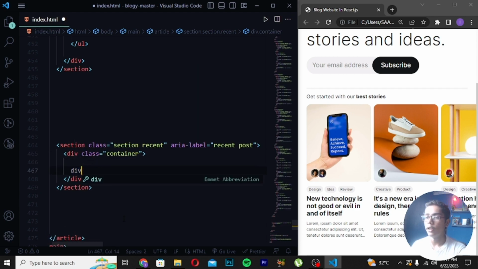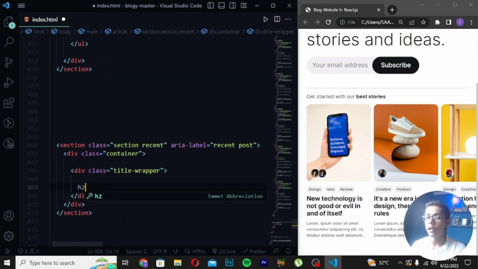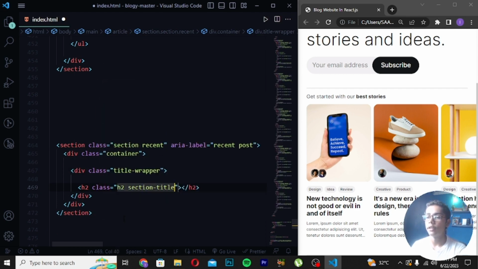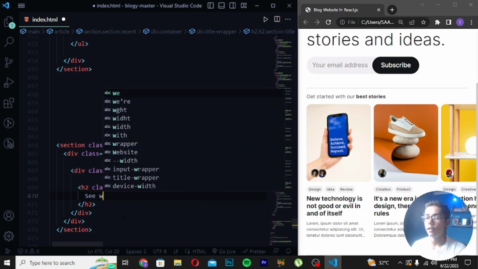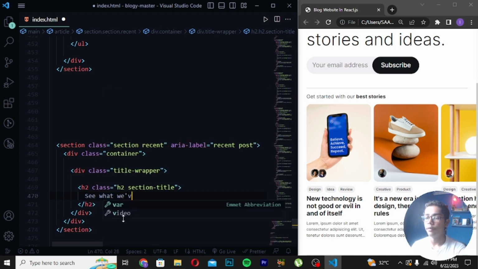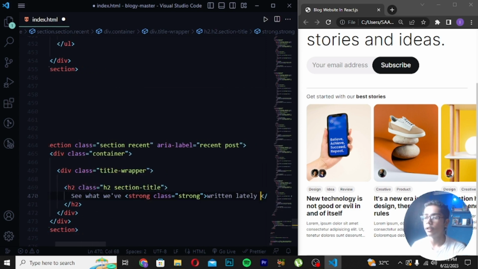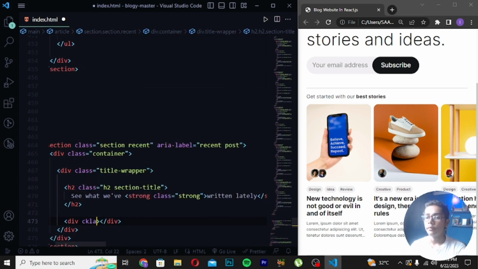Then I will be now writing here div class and right here title wrapper, and we have to now write here h2 class and write here h2 section title like this. Then you have to now write here see what we have. Then when you've written this, you have to write here strong tag. So here I will be writing this. Then you have to give here the class which should be strong. Then after writing this, you have to write here return, and then I will be writing here lately like this, and then you have to write div class